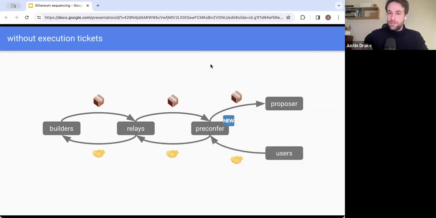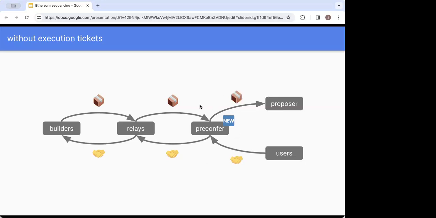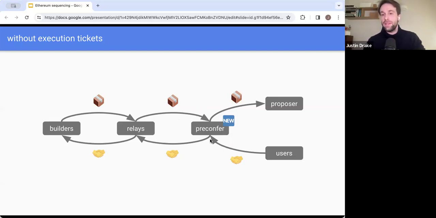Well, without execution tickets, my proposal is to introduce a new role called the pre-confer, which would be the sophisticated entity. And it would be mutually trusted by the proposer and the users. And basically what the proposer would do is that ahead of time, they would register saying, this is my favorite pre-confer.